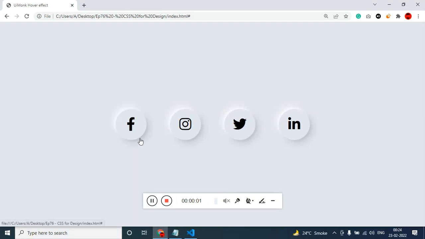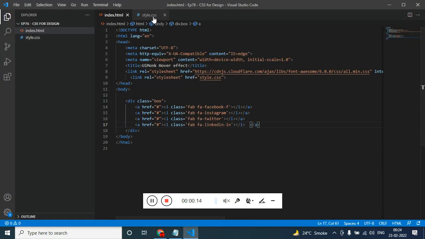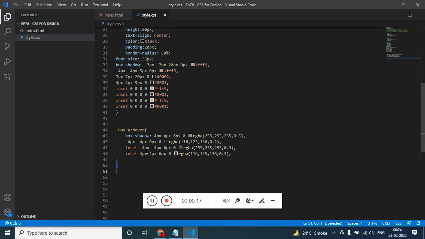Alright, in this video we are going to see how to create this hover effect using CSS3. To follow along, I'll leave the source code in the description so that you can start along with me. Now if you see, we need two files. The first one is HTML and the second one is CSS. We are going to create the CSS from scratch,